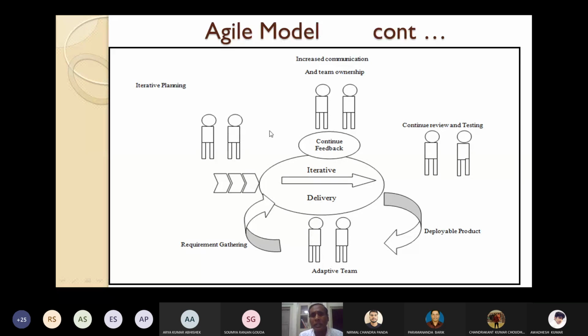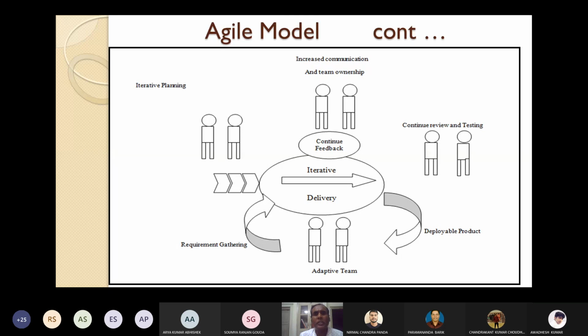You see, two important things I am saying: you are able to accommodate the change requests from the customers, and we are making communication very efficient among the team members, with increased communication and team ownership through daily face-to-face communication. Okay, so this is a very small agile model that was proposed. The details are explained in the book. Please have a look into this. Whatever I have told was elaborated in the book.